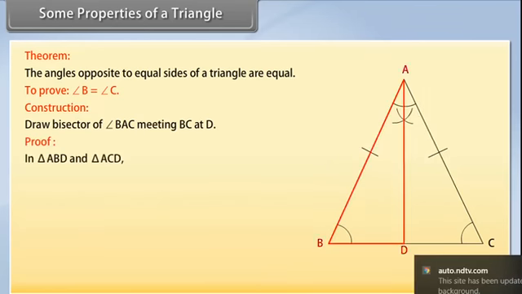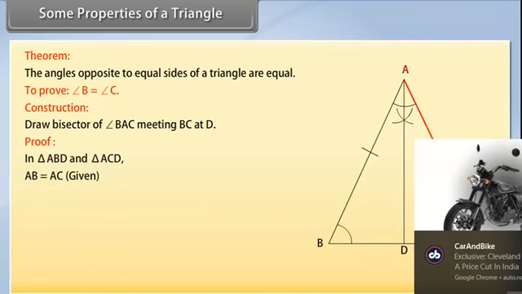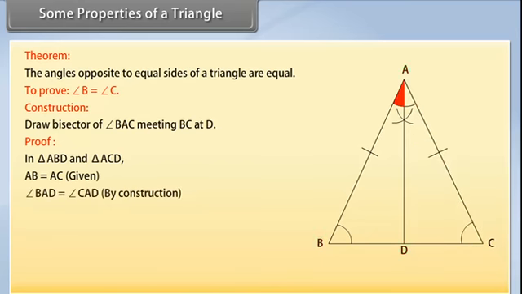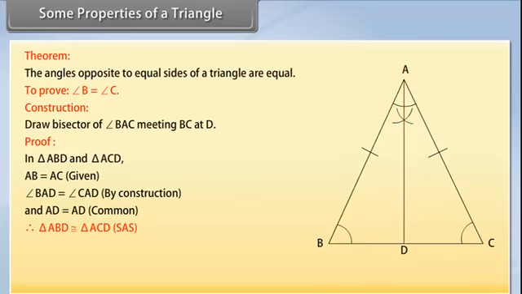Proof. In triangle ABD and triangle ACD, AB is equal to AC is given. Angle BAD is equal to angle CAD by construction, and AD is equal to AD common. Therefore, by SAS rule, triangle ABD is congruent to triangle ACD. Hence, angle B is equal to angle C. The converse of the